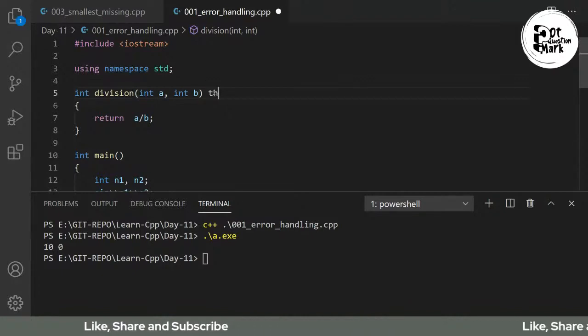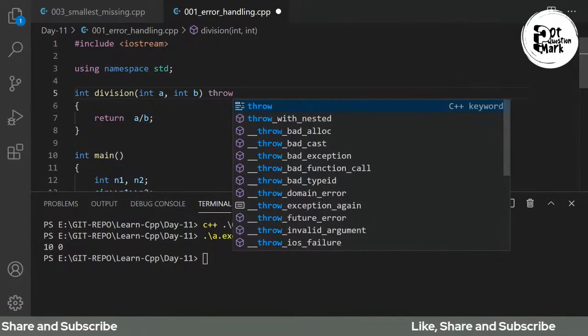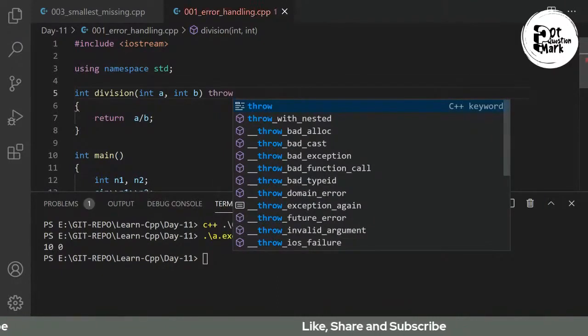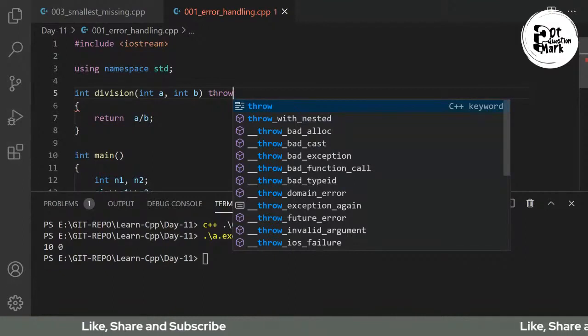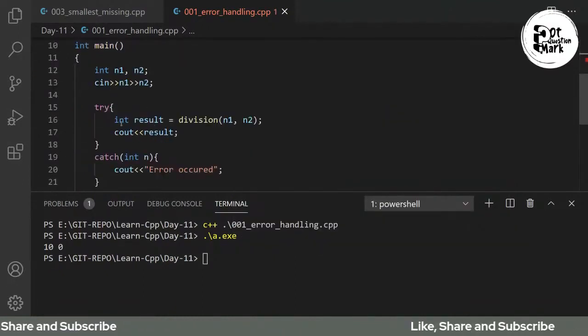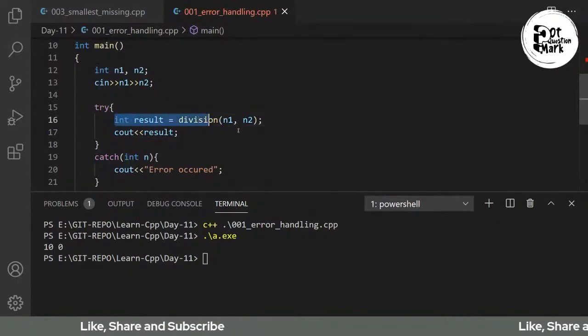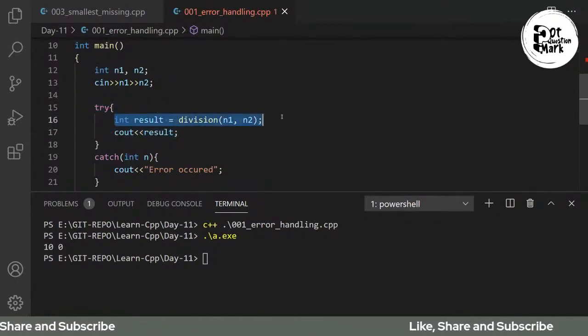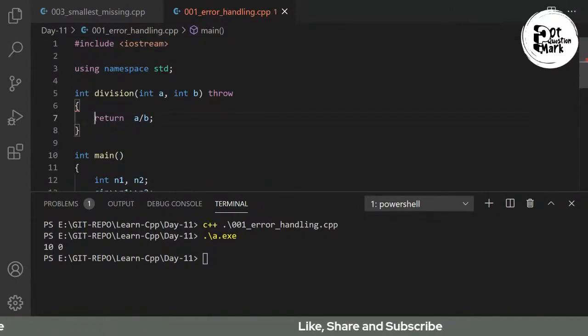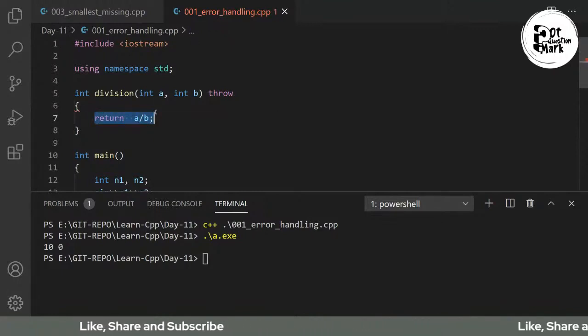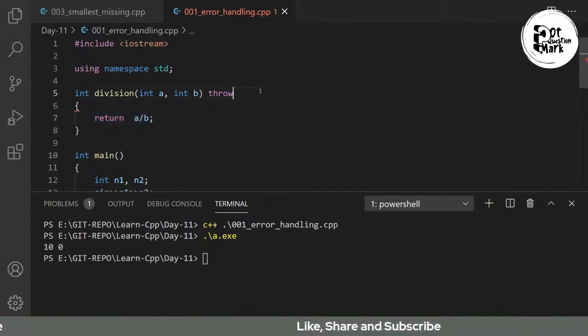तो हम फंक्शन को कैसे बताएंगे, थ्रो, फंक्शन को हम बोलेंगे अगर कोई भी एरर आता है देन थ्रो समथिंग टू द कैच स्टेटमेंट, कि उसको पता लगे कि कोई एरर आ रहा है, बिकॉज एरर इज नॉट इन दिस पार्ट, एरर इज नाइदर इन दिस पार्ट बिकॉज इट इज प्रिंटिंग एंड इट इज डायरेक्टली एक्सेप्टिंग द रिटर्न वैल्यू। हमारा एरर हमारा फंक्शन में आ रहा है क्योंकि a by b तो हमारा फंक्शन में ही हो रहा है ना, द एक्चुअल थिंग इज हैपनिंग इन द फंक्शन, सो वी आर इंस्ट्रक्टिंग द फंक्शन टू थ्रो द एरर।